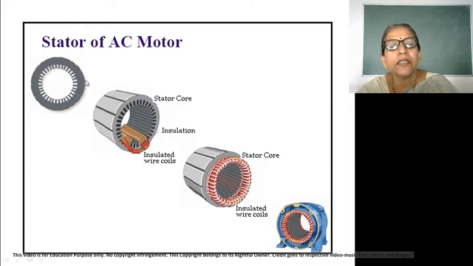Each lamination individually has a thickness of 2 to 5 mm. A number of laminations are placed one behind the other, and between the laminations there will be a layer of insulation. The slots should be overlapping so that they provide a continuous path for the conductor. So a number of conductors will be placed in the slots and then connected together. Each individual conductor has its own insulation. So these are the insulated wire coils which are placed inside the stator core.